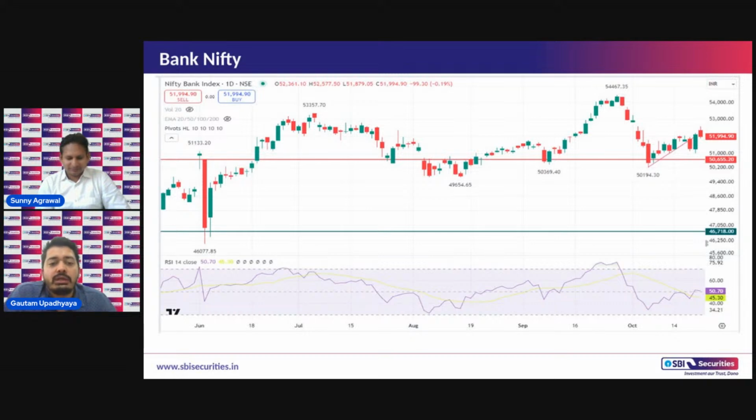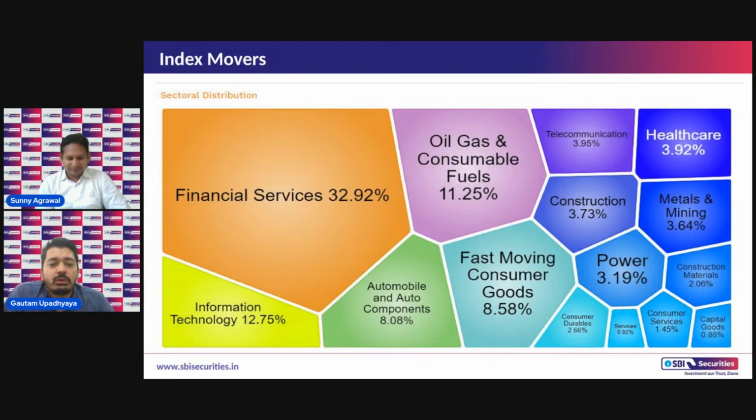Now coming to why Bank Nifty is relatively underperforming compared to some of the other sectors. So this is the composition of Nifty. Nifty is a composition of various sectors, and the highest weightage, if you see, is financial services and banking. This is relatively doing still well, even though there has been so much selling pressure. Because of the highest contribution of this particular sector, the index still has not witnessed a major breakdown, but